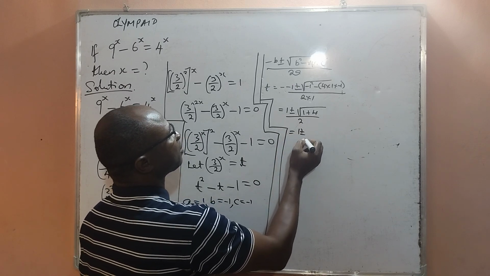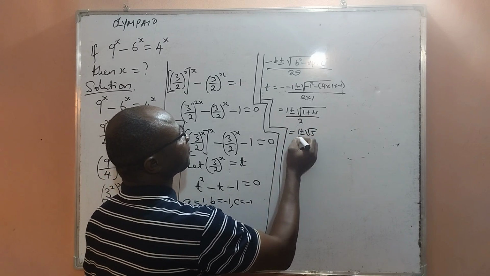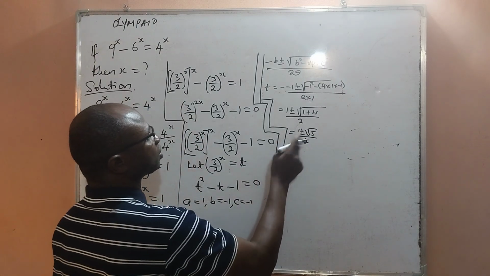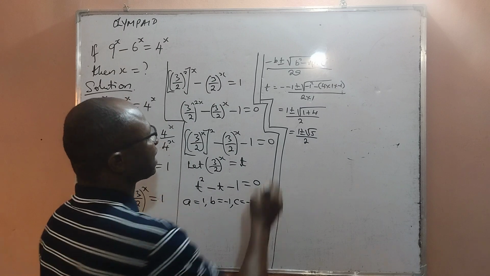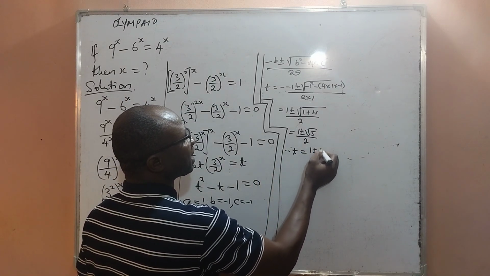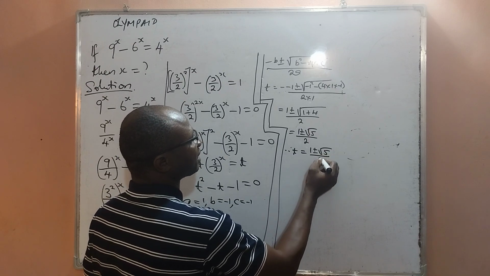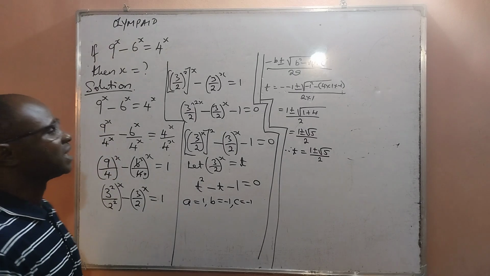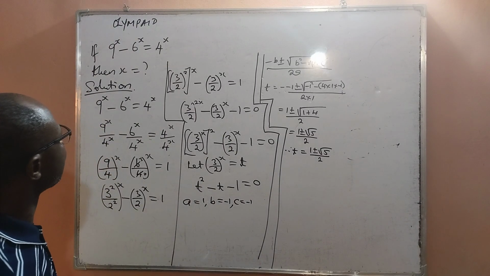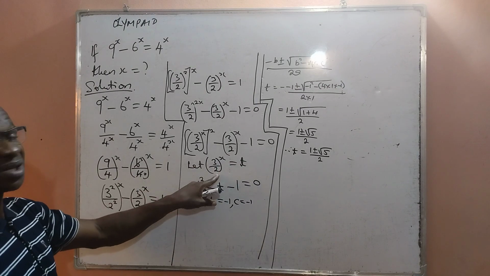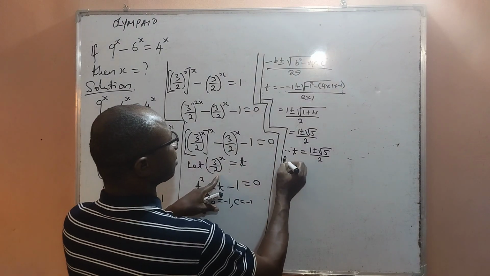Moving forward, I have 1 plus or minus the square root of 5 all over 2 as the value of t. Now, I have gotten, therefore, that t is equal to 1 plus or minus the square root of 5 divided by 2. Very good. Now, next, we have to remember that we said let t be equal to this. I can now say, recall